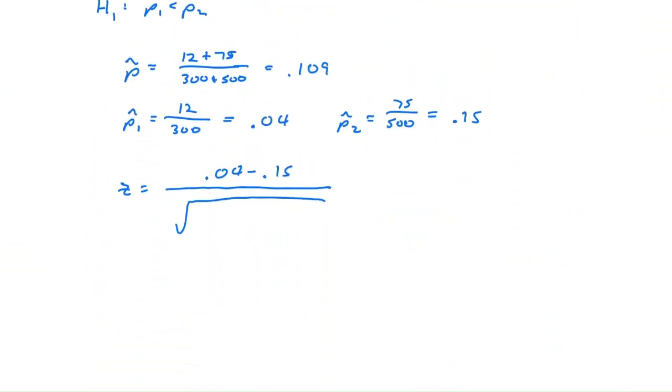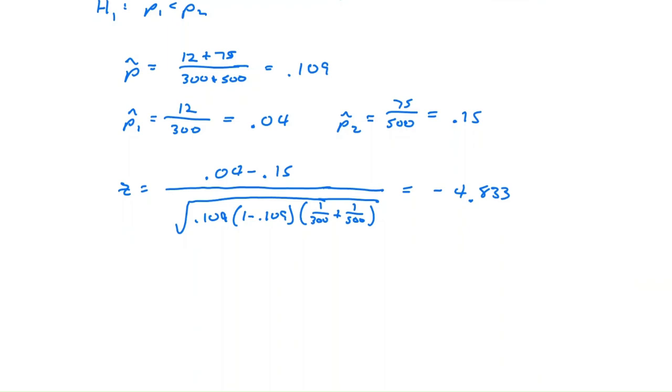So I'm going to use that one. Let's do 0.109. That's the P hat, right? That's our pooled proportion, times 1 minus that number, and then times 1 divided by each of the sample sizes. So 1 divided by 300 plus 1 divided by 500. And clearly I needed to give myself more room for that. That gives us a Z value of negative